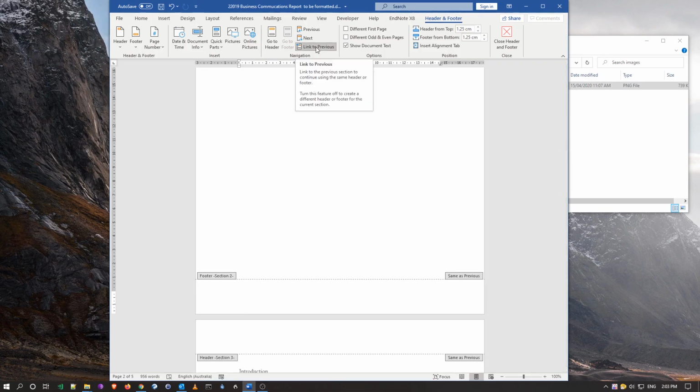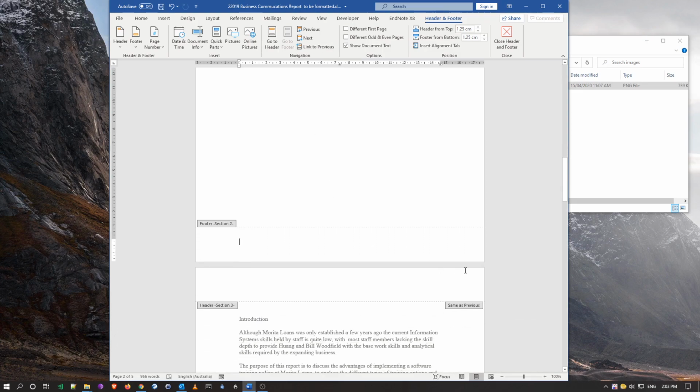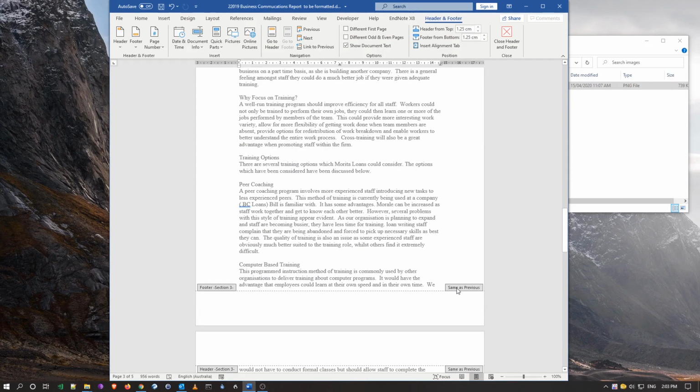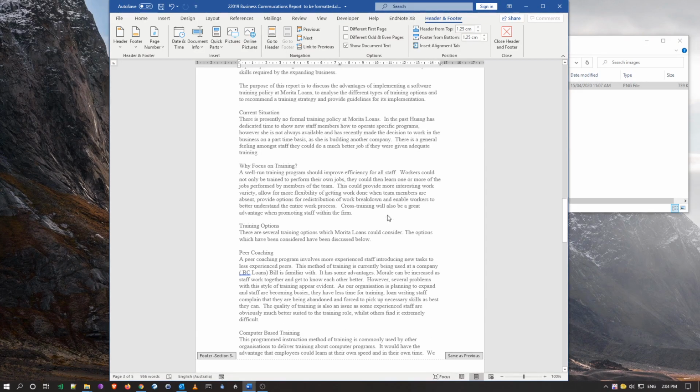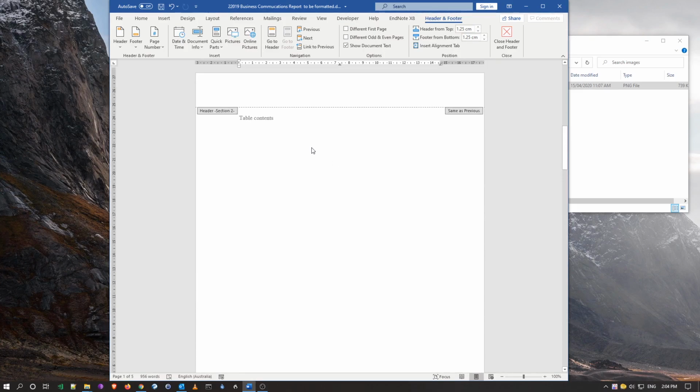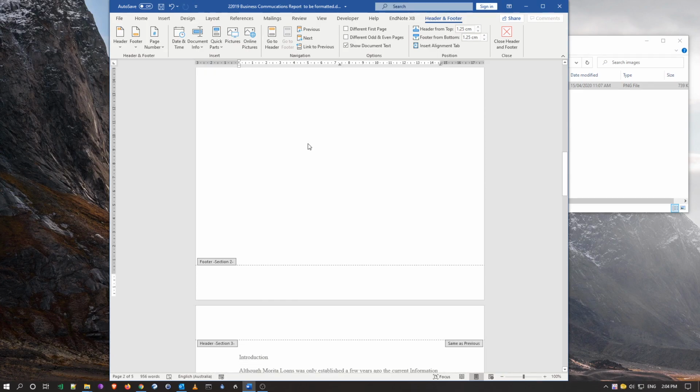So if I do unlink, you notice the same as previous has disappeared, which means now I'm going to create a new footer for this page which will continue to the next sections until I break the section, the same as I did before by unclicking the same as previous, right? So in the table of contents, we want to include a footer which is different to the first page,